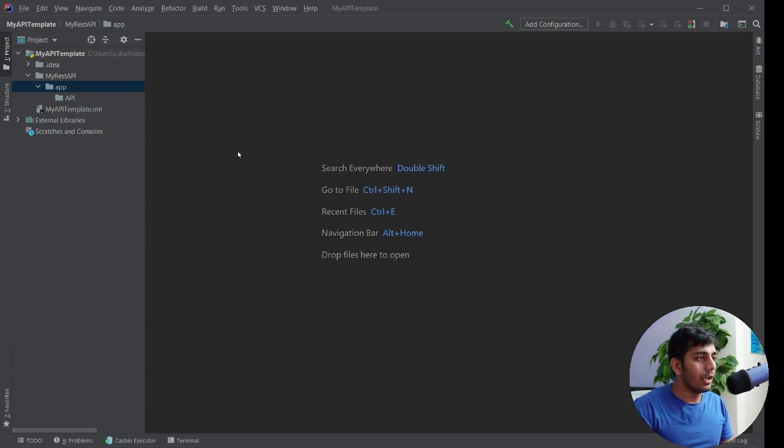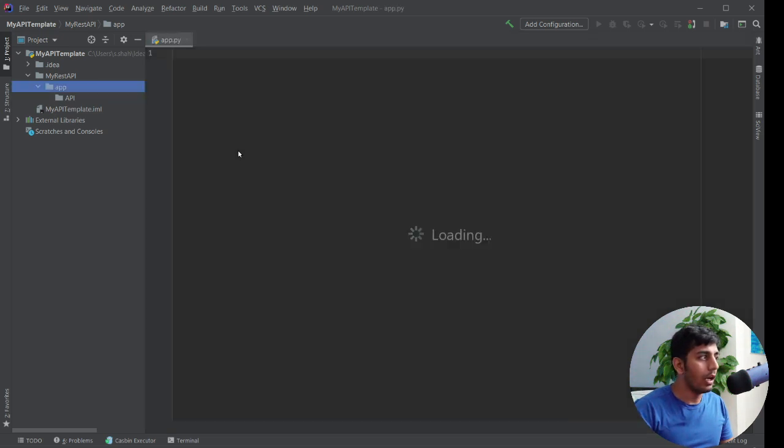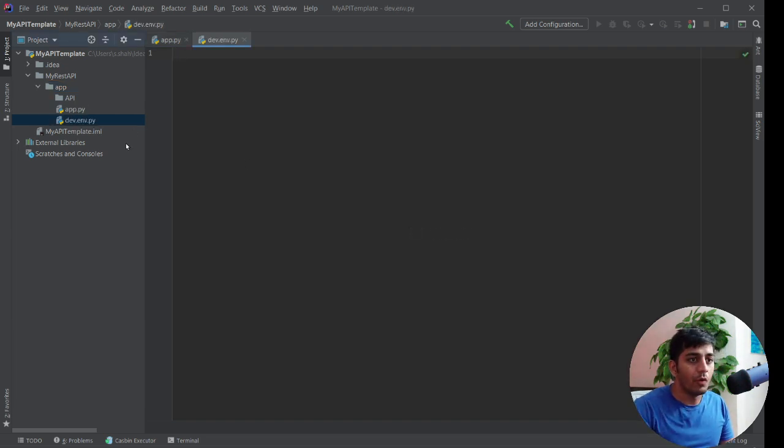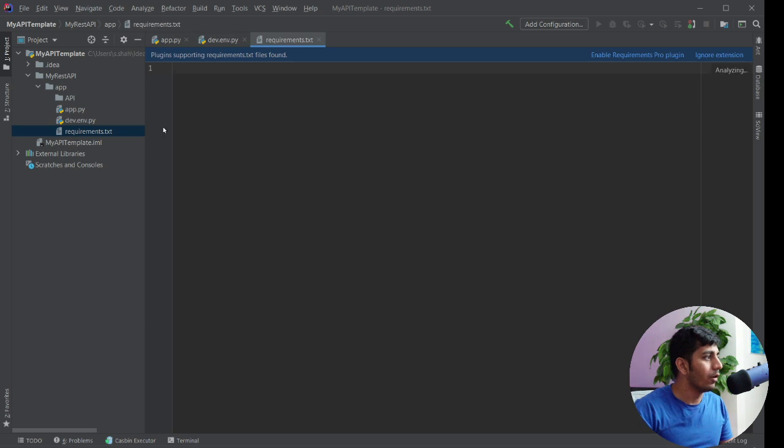And here now, again, we need to create app.py. See the directory, how I'm trying to follow it. Inside app, we have an api, and in the outer directory, we have app.py, okay? So hopefully so far so good. This is essentially the code template I follow in my company as well. You should have a dev.env, where any environment variables should be. Then we should have a file called requirements.txt in the outer directory. So our scaffold looks great.